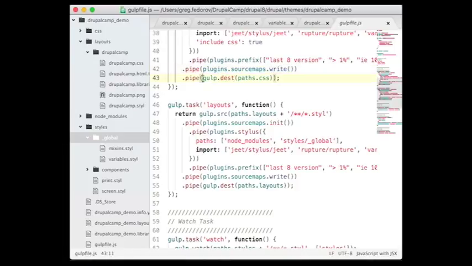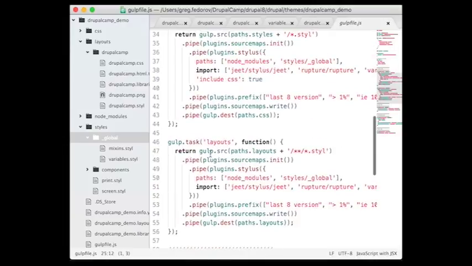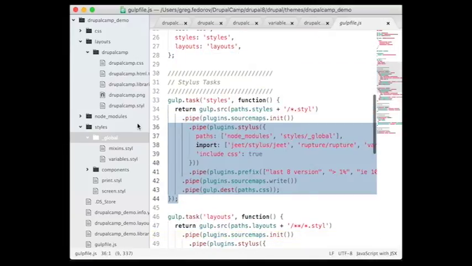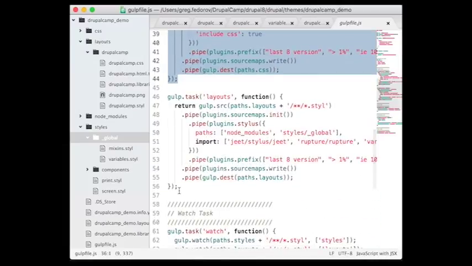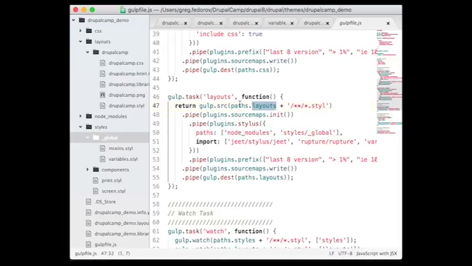And then we tell it, hey gulp, we're done now. Put that into paths CSS, right? Which is simply writing to a CSS folder. So this is what happens on the styles task. The layout task is basically identical, but the only difference is that the path is now different, right? So the source path is in paths layouts, and in this case, this is another handy thing about the